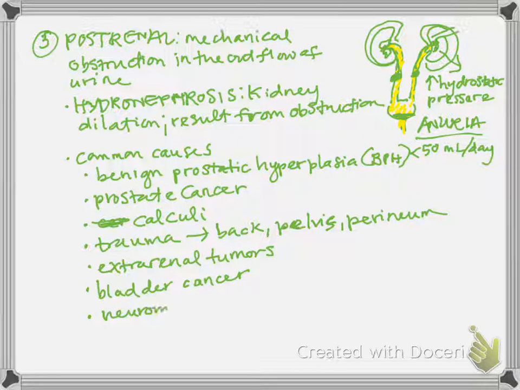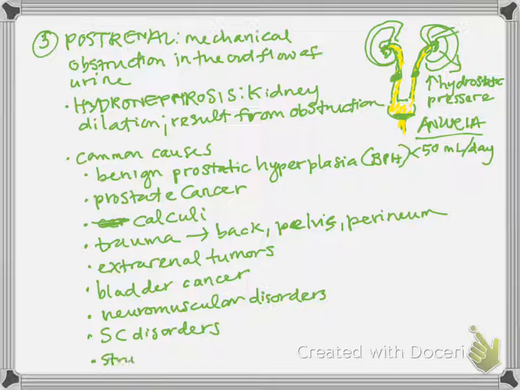And we talked about spinal cord injury, something called myasthenia gravis with paralysis of muscles can cause decreased peristalsis in the ureters, and so we don't have that urine flowing very easily downward. Spinal cord disease, spinal cord injury, and then urinary strictures where those